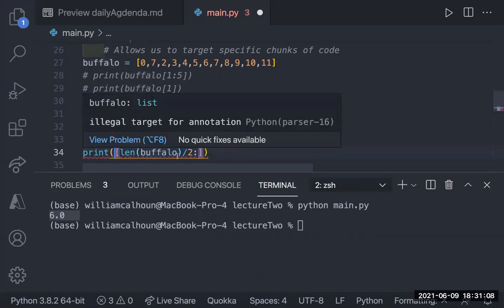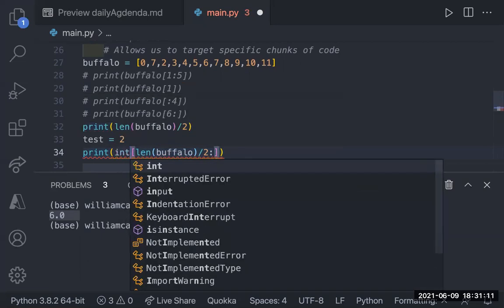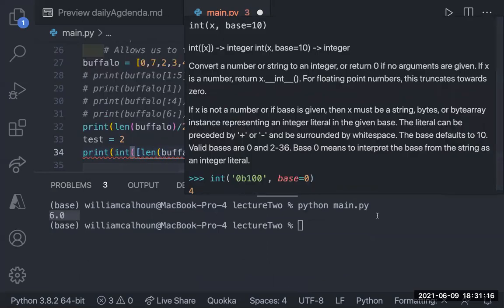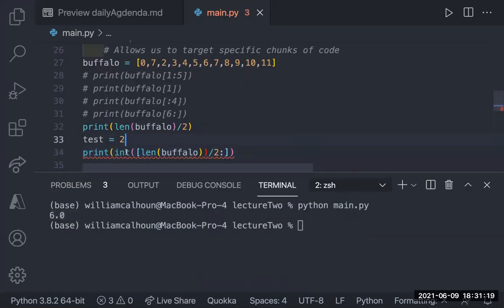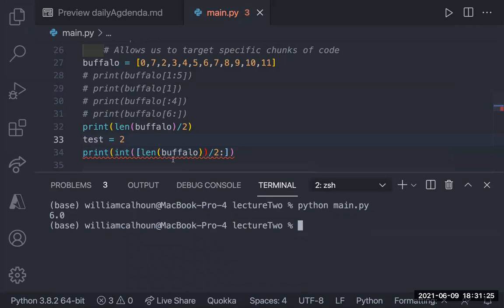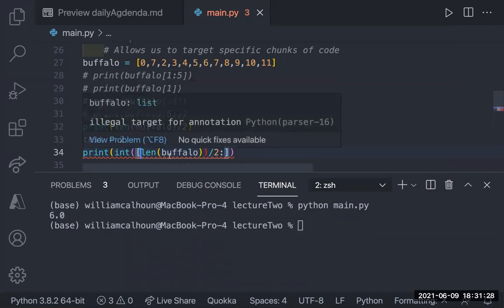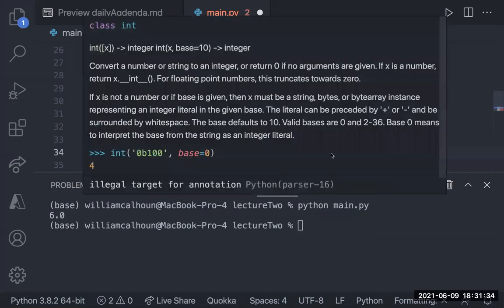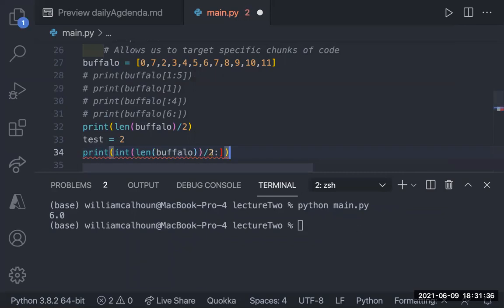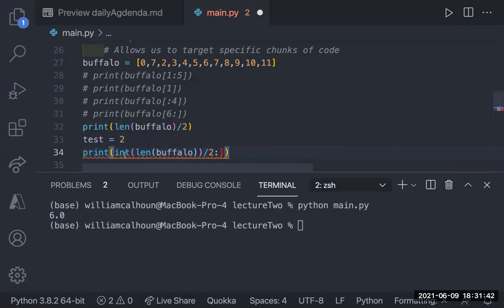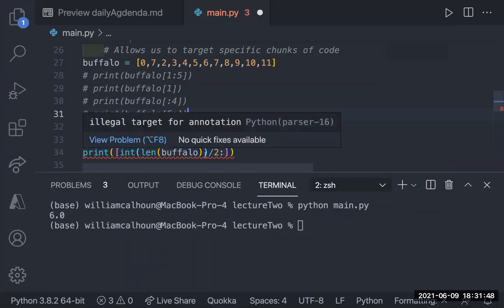Yeah, so then what I can say is, I can typecast, which we learned about, and say I want this value. It's not liking that. It's saying int, integer, base, convert a number or string to an integer. Oh, wait. I think wouldn't you need that closing parenthesis after the 2? After the 2. Oh, no, it needs to be like this. The closing parenthesis, what do you mean?